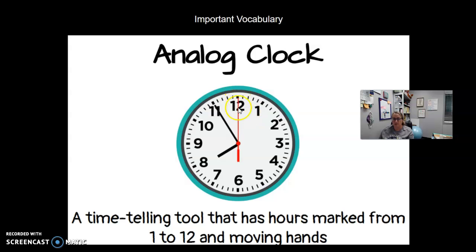So you'll see that it starts at 12 and then it goes by ones all the way around until it gets back to the 12 and then it starts back over. You will also see that there are three different hands. So the short hand right here, this is the hour hand. The long hand right here is the minute hand. And sometimes you'll see this red one, it doesn't have to be red, but it moves really fast and it's